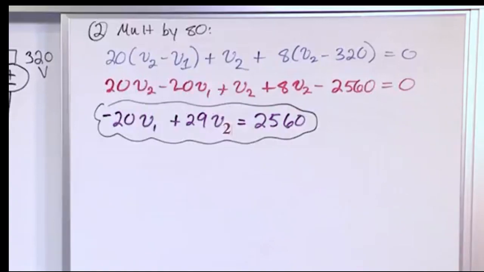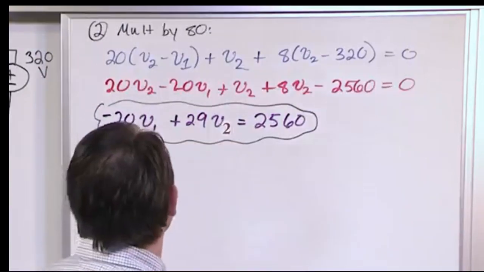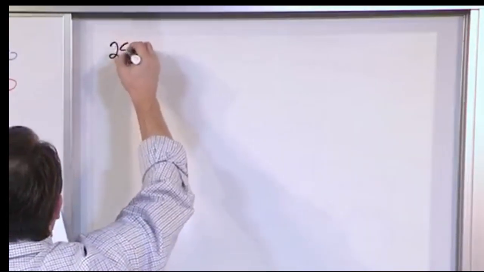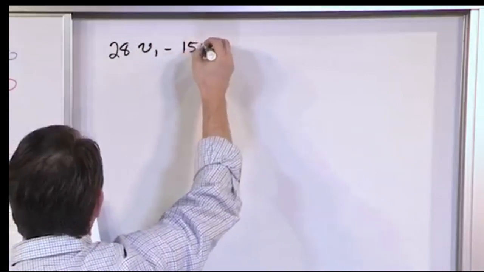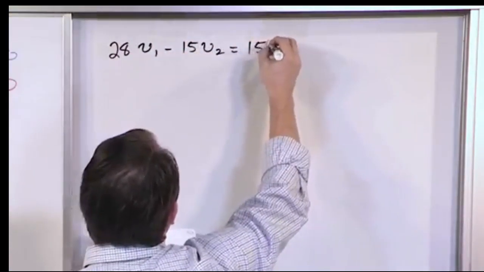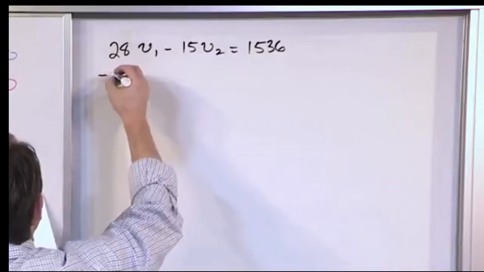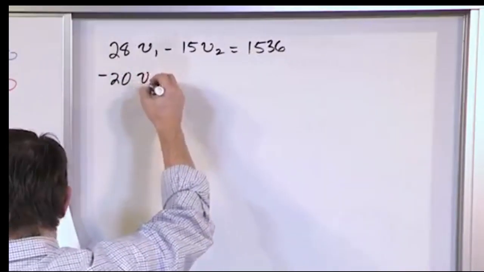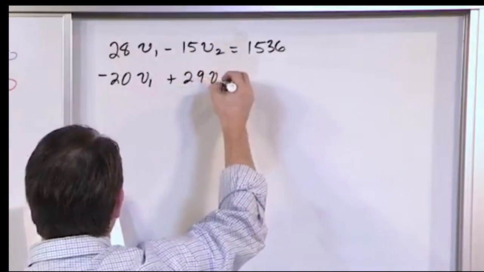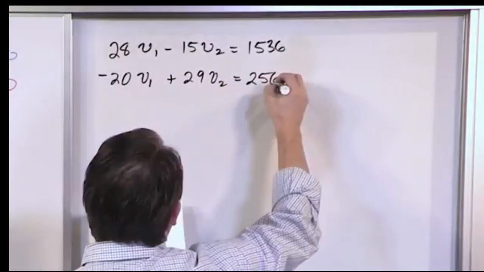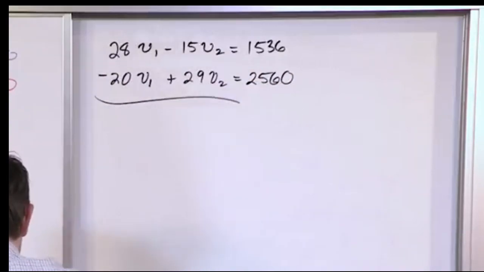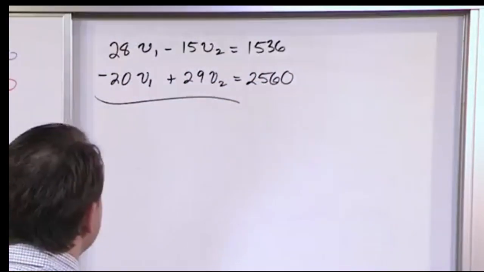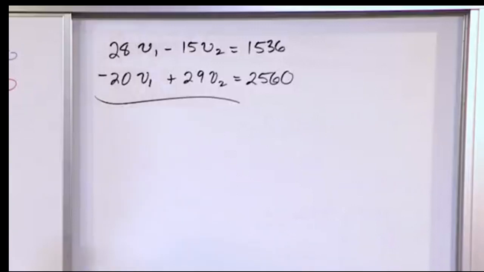Now, essentially, we're done. We have 2 equations. We have this equation here, and we have this equation here. So let me go ahead and switch boards a little bit and make it absolutely clear. The first equation we have is 28 V sub 1 minus 15 V sub 2 is equal to 1536. We already solved for that. The next equation is negative 20 V1 plus 29 V2 is equal to 2560. Now we want to stick this in a matrix, or if you want, you can just put it in your calculator. If you can get away with that, that's fine. But doing it the matrix way,